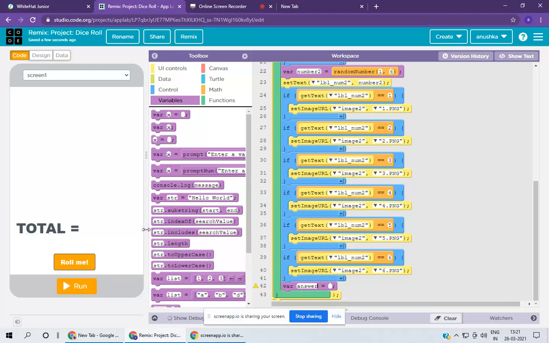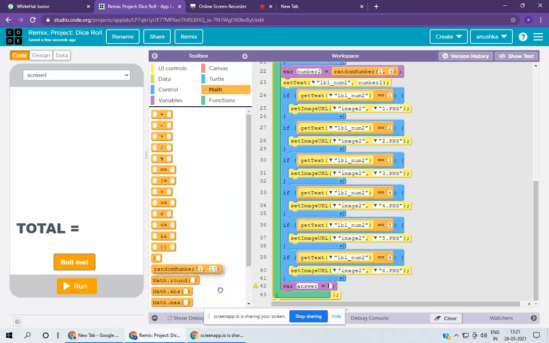You can write anything, total answer or whatever. This is the name of the variable. No, we will not take random number from 1 to 6, sorry. We will take this addition operator. You will get this in maths. And we will add here.